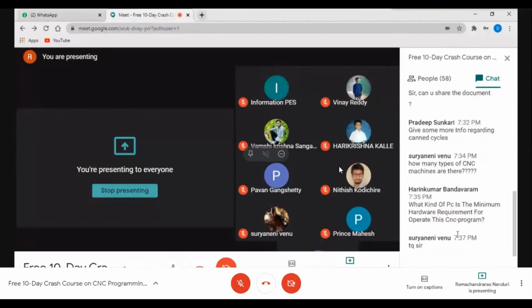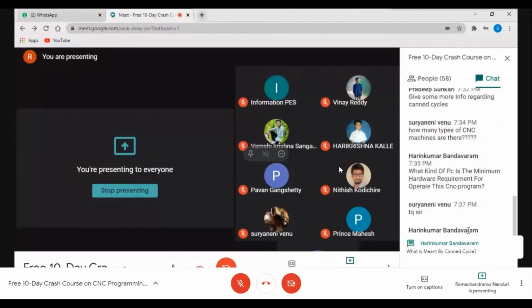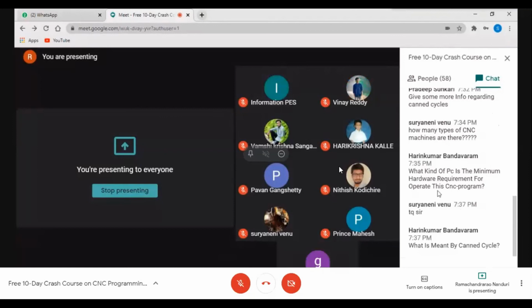What kind of PC is the minimum hardware requirement for operating this CNC program? Here, Mr. Harin Kumar. See, we generally require PCs for loading CAM software and doing these programs, and the programs prepared and edited on CAM software can be transmitted to the machine online. For CNC machines, you will not be using a separate PC.